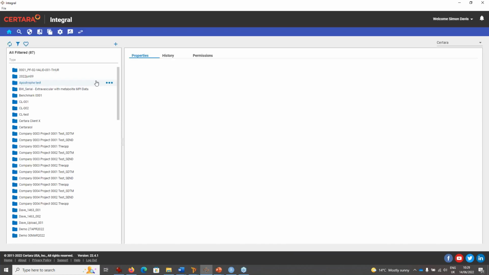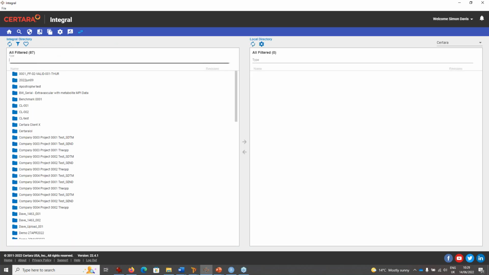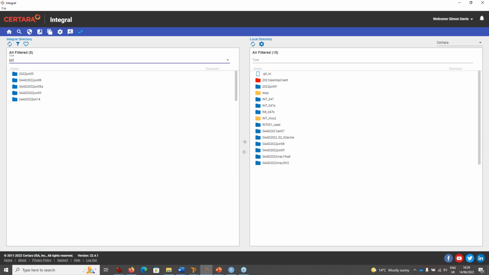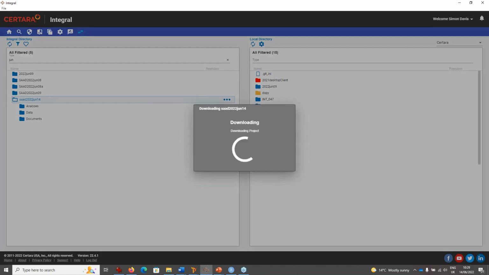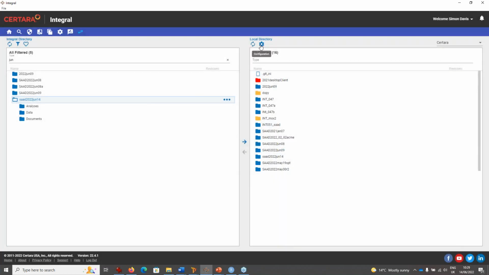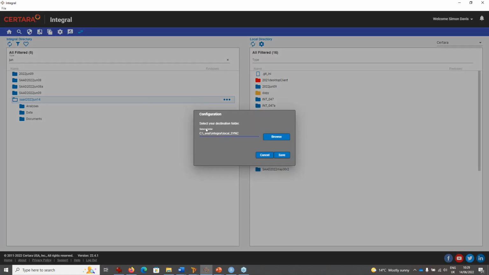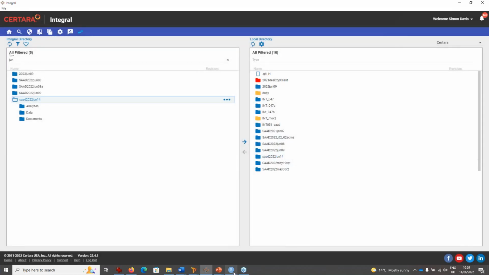And the way we do that is we find what we want to be working with, and I'm just going to pick it up here. You can see the menu is otherwise the same. I'm going to highlight that project that we're working on, June the 14th one, and I'm going to synchronize it down to my desktop. And when I hit sync, it downloads that project, and what it's doing is making a copy of that in this folder here. So once that's done, I can go to R,